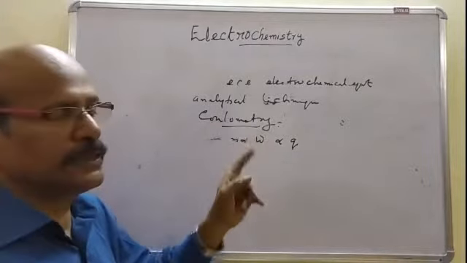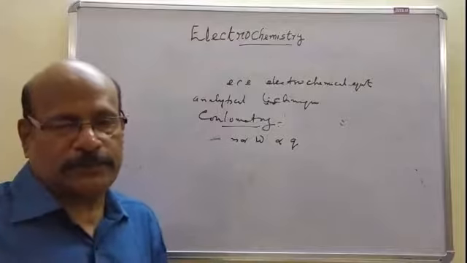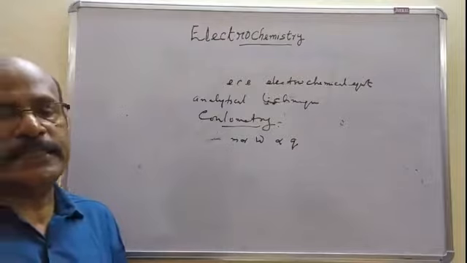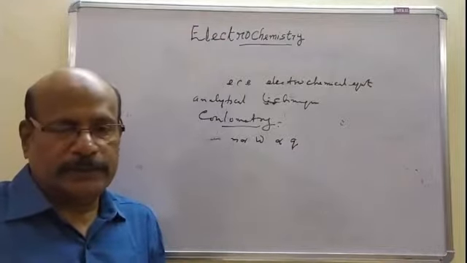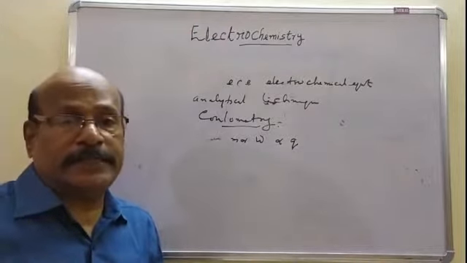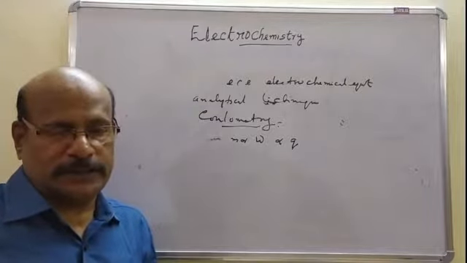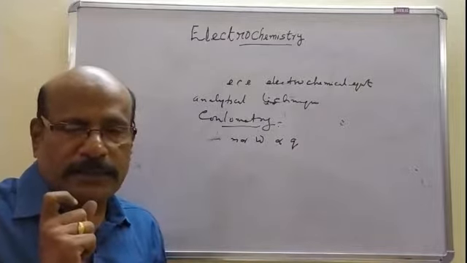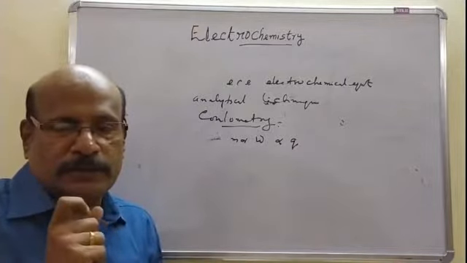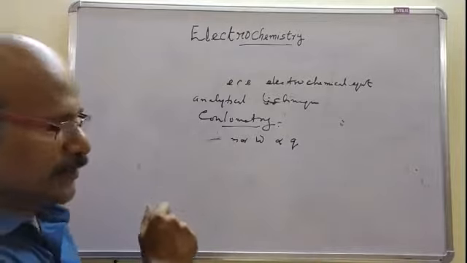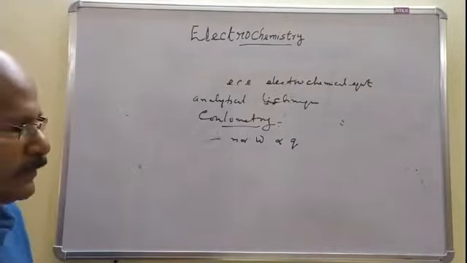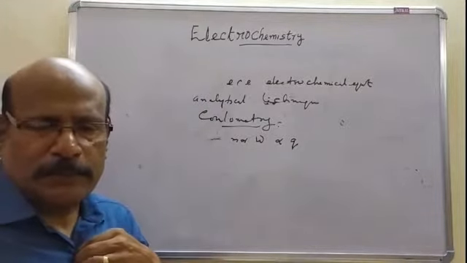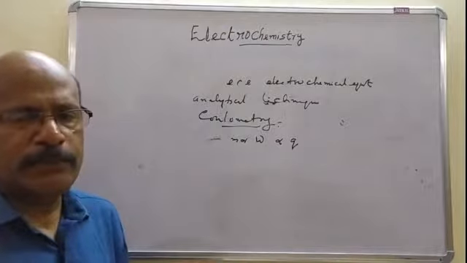So the important application of Faraday's laws of electrolysis is the electroanalytical technique called coulometry, to estimate the amount of the material that is produced by electrolysis by measuring the quantity of the current which affects the electrolytic deposition. For that we have to be sure that we have passed an appropriate quantity of current for the complete decomposition of the material.